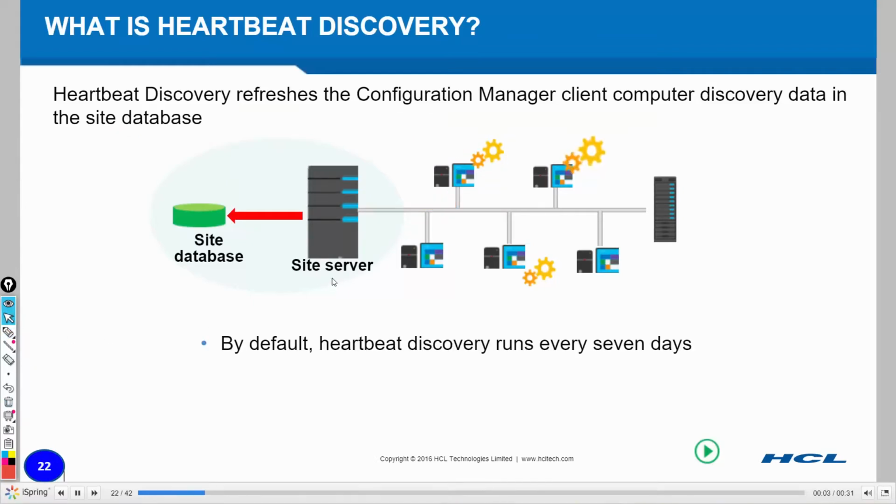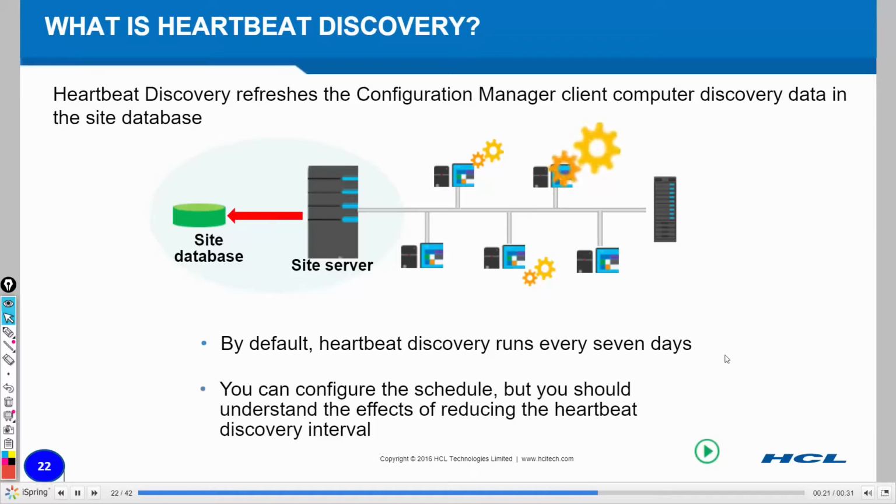That is the work of the heartbeat. By default, heartbeat discovery runs every 7 days and the DDR file will be generated and passed on to the site server. You can manually trigger the same as and when required, but by default it will rerun every 7 days automatically, or whatever schedule you have defined.